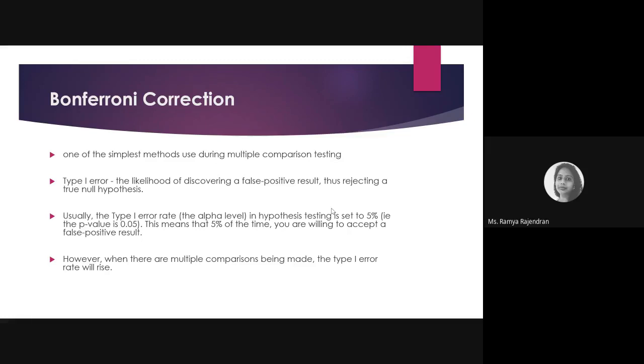So we are setting the error rate as 5% because we are assuming that 5% of the time we are willing to accept a false positive result. But in some cases, it is 1%. It is based on the problem nature and the willingness of the SME. Okay, so here we're just assuming we are willing to accept 5% of false positive results. In that case,